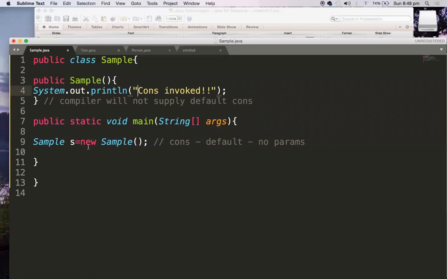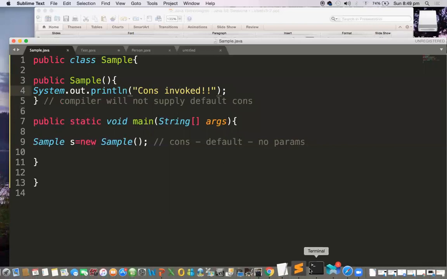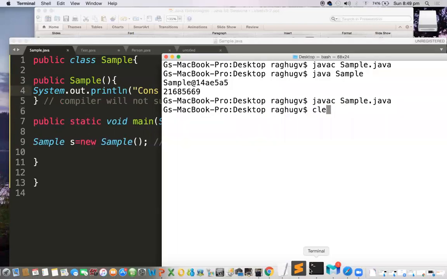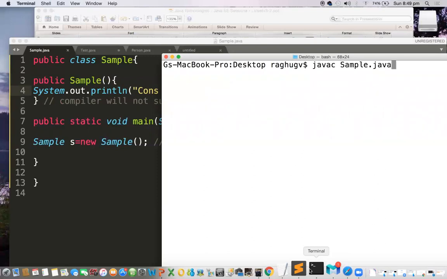So Sample s = new Sample. When the object is getting created, your constructor has business logic to do. It is printing something. So constructor invoked is the outcome you are going to see. Let me clear this and compile, javac Sample.java, compiled successfully.